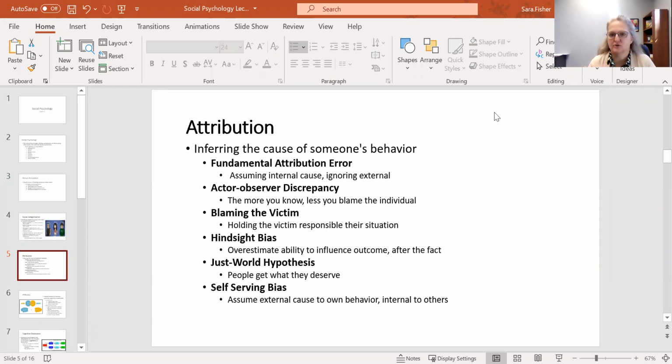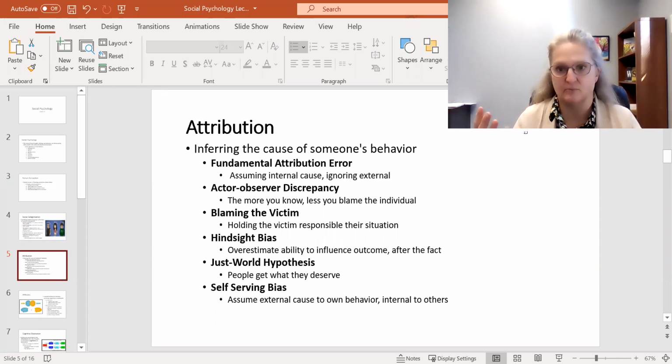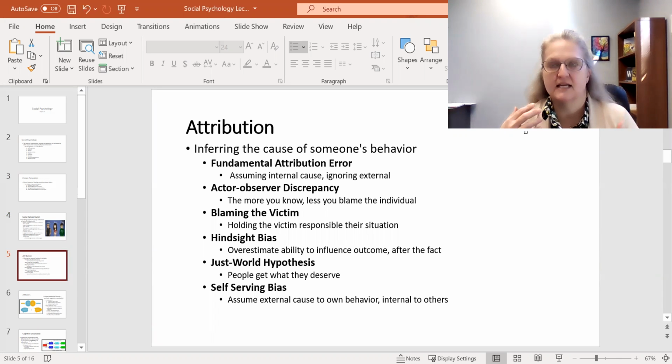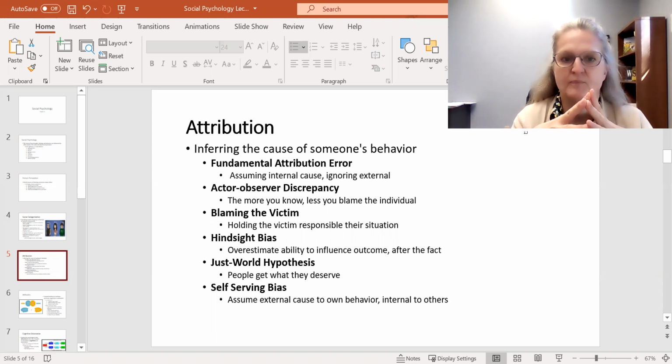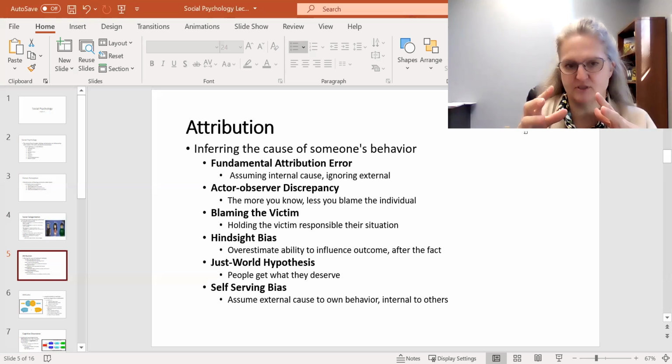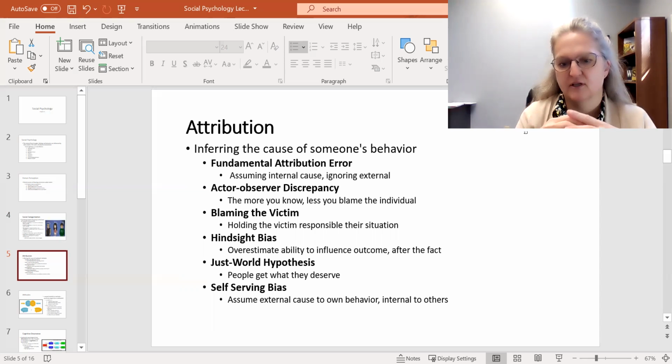So attribution is a big term, and it refers to how people attribute an explanation for someone's behavior or the cause of their behavior. And there's something called the fundamental attribution error, or sometimes it's called fundamental attribution theory. Going back to the first lecture, how we perceive people is partly determined by what our goals in the situation are. Attribution is a specific aspect of that person perception,